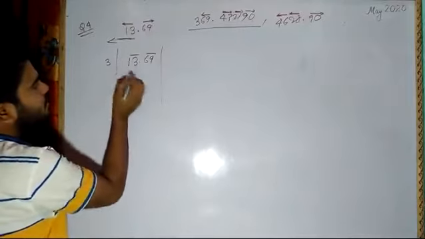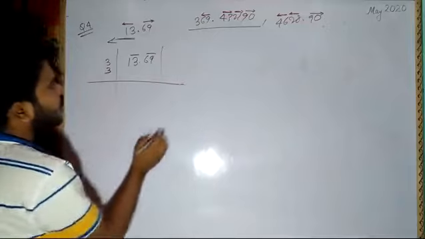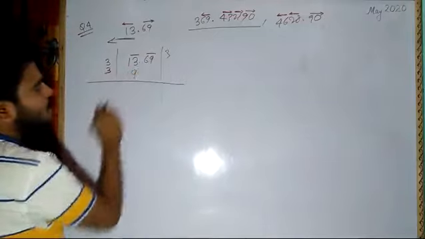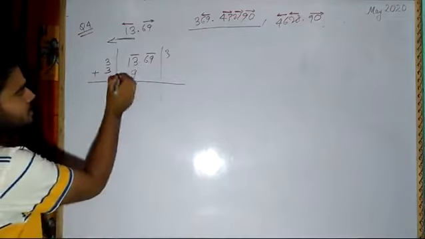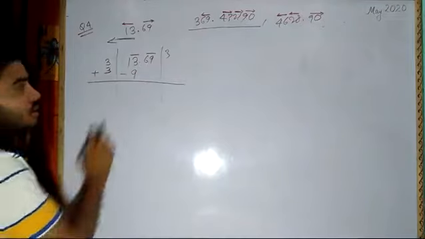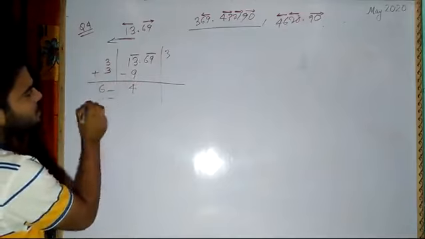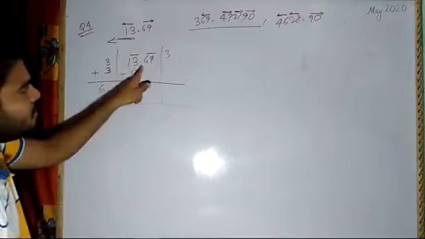So I will take 3 3s are 9. Draw the line. 3 two times it is given, one time you will write here. So 3 3s are 9. Now here you have to add, here you have to subtract. That much you know. 13 minus 9, 4. 3 plus 3, 6. Blank space. Draw the line. Now you are having one decimal.